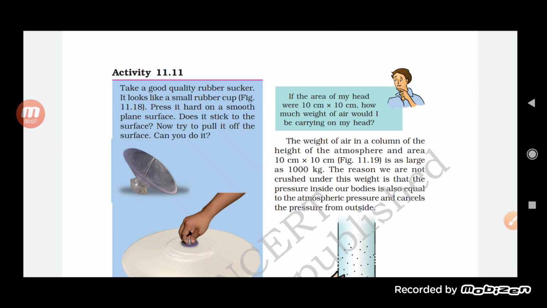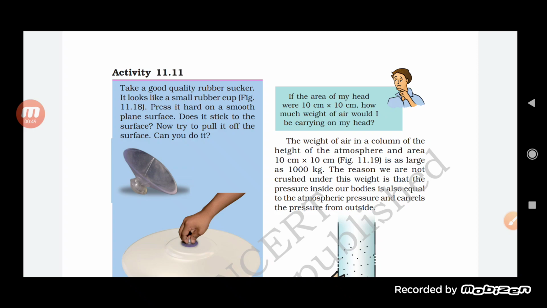So students, in the previous class, in this chapter, force and pressure, we were talking about pressure, and we had understood what pressure is. Let me remind you, pressure is the force we apply on an object with respect to the area. So the more the area, the less the pressure, and the less the area, the more the pressure. Obviously, it depends upon the force also. If the force increases, pressure increases. If force decreases, pressure decreases.